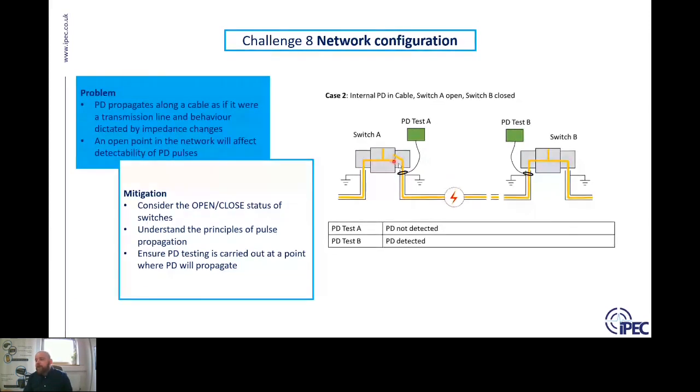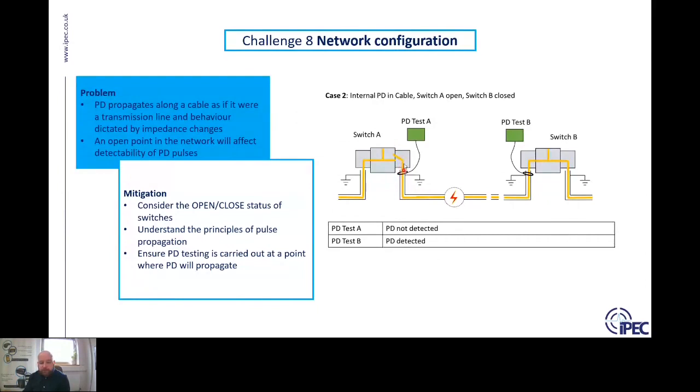open, essentially it's an infinite impedance here. And so what it means is when the PD signal travels to this point, you get an almost perfect reflection. And that almost perfect reflection essentially cancels out the PD signal. So you can no longer detect it. So although this cable may be on load, although this PD may be occurring, you cannot detect the PD at